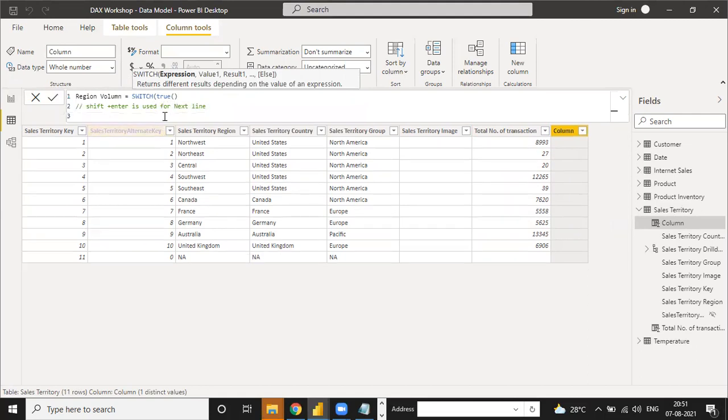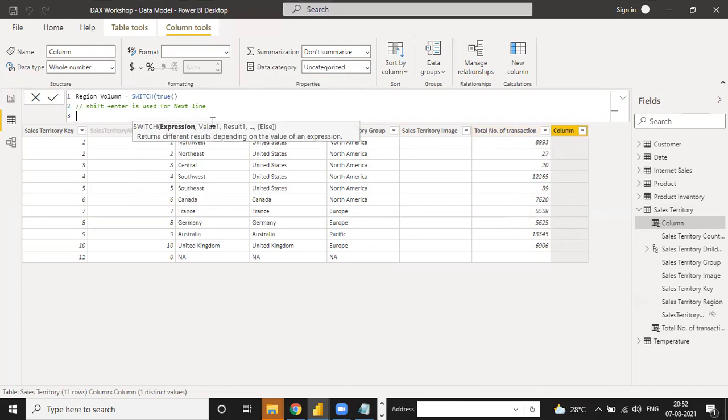Now we have to put the shift enter. From this value you can write the condition there, just like an IF condition. So the condition is what? Under the sales territory table, the total number of transactions, so we can write it here.